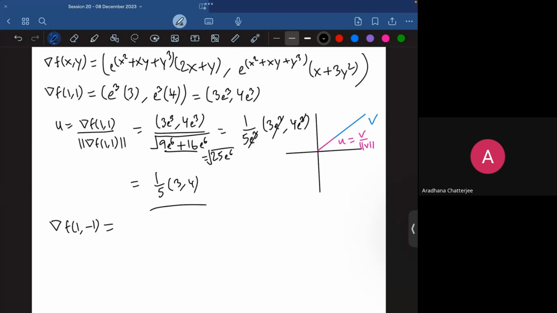Let's see, e raised to 1 squared plus, so here we just have e, because x squared is 1 squared plus xy, so that's 1 times minus 1, that is going to be 0, and y cubed is basically minus 1 cubed. So what we have is e raised to